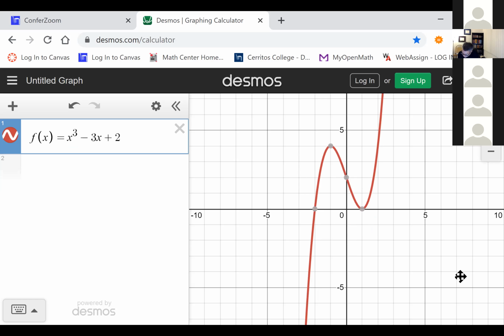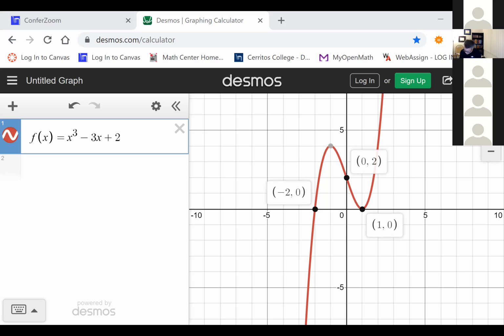Okay, so where was my x-intercept? At -2 and 1. Where's my y-intercept? At 0, 2. Those are my x and y-intercepts. We could go back and look at the original function and get those easily by just setting the original function equal to 0 and setting x equal to 0. x equals 0 would give me my y-intercept. Maybe we'll do that real quick.